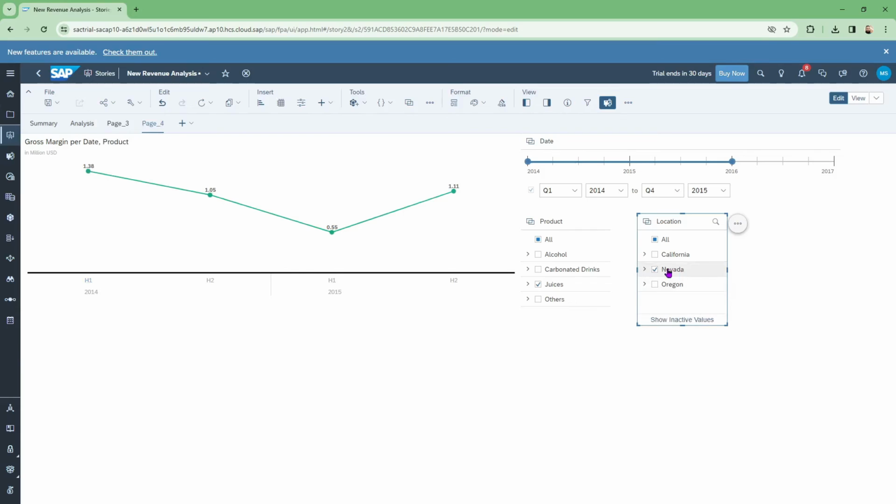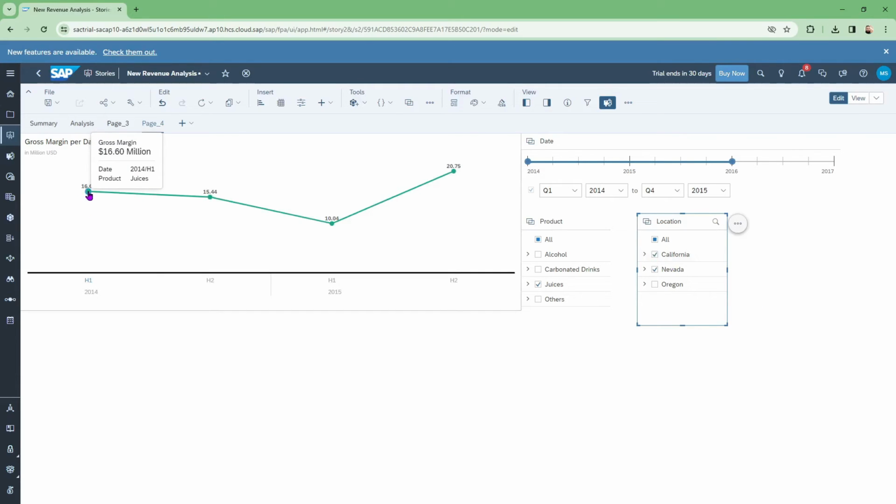Let's increase some at the location of California also. Now if you see, the value of the chart has also been changed. Now it's increased to 16.6 million at the location California and Nevada